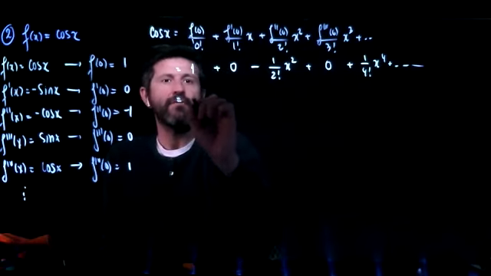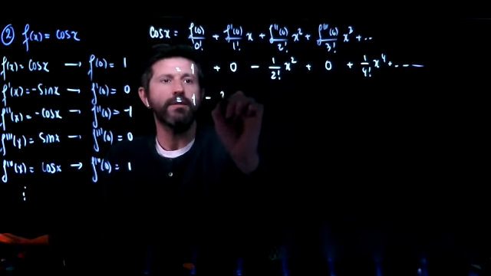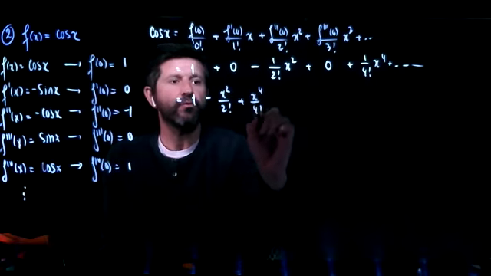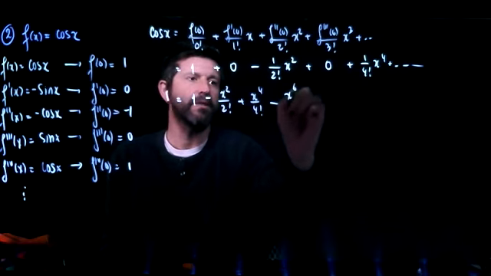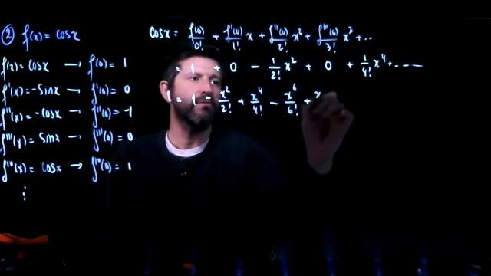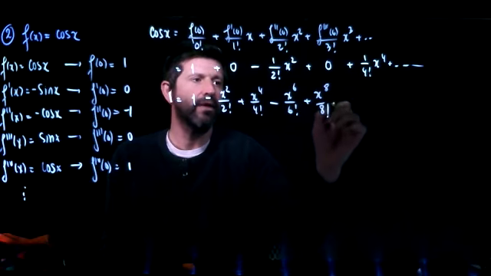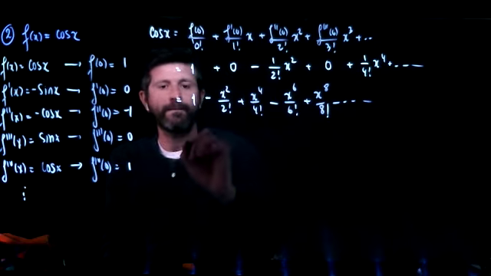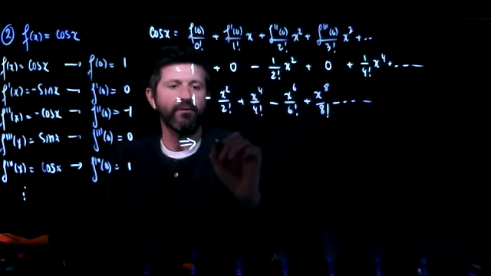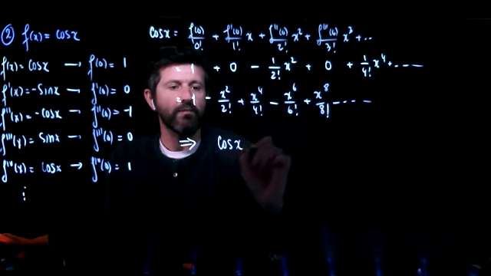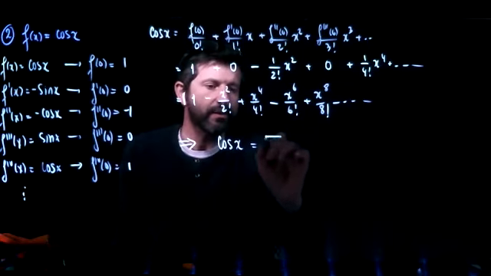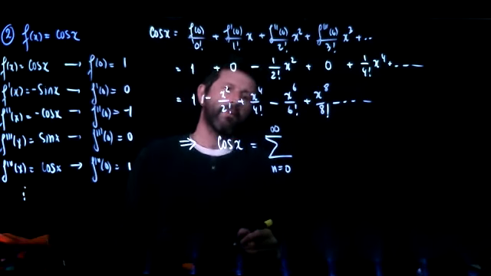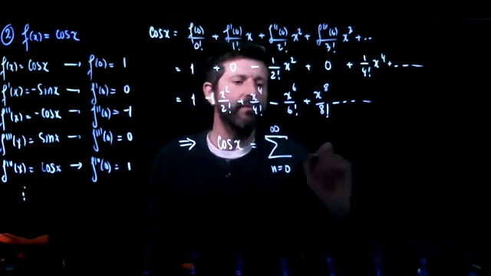Okay, so I just have the even ones. So 1 minus x squared over 2 factorial plus x to the 4 over 4 factorial. So obviously, the next one will be minus x to the 6 over 6 factorial plus x to the 8 over 8 factorial, and so on and so on. Let's find the general term, the general MacLaurin series. Sum n equals 0 to infinity. So can you tell me